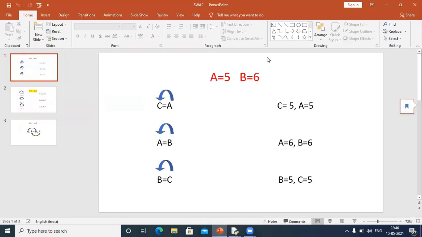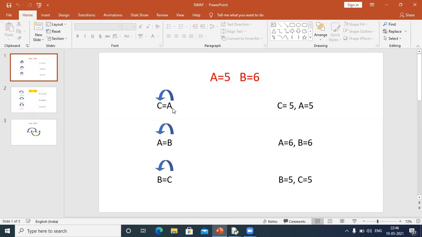See, this is one example of the first method. I'm taking a third variable, C. Let's assume the value of A is 5 and B is 6. With the help of C, I'm going to swap the values of these two variables.